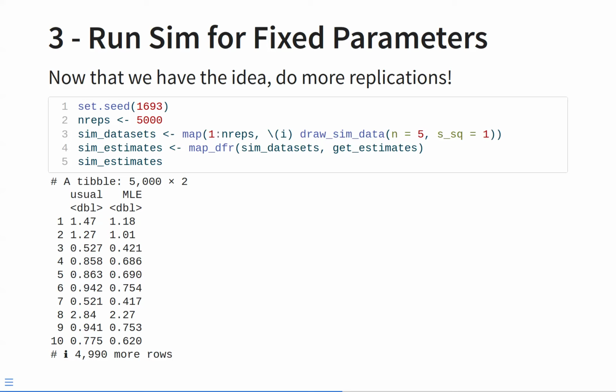So now I'm going to end up with another tibble, and it has 5,000 rows. It has a row for each of the simulation data sets, and it has 2 columns, one for each of the 2 estimators. So we have, in some sense, done a full version of the simulation study. However, we've only done it for fixed values of the parameters. So we've only done it for n is 5 and s squared is 1. So we might also like to do it for other values of the parameters. What happens if n is 3 or 7? What happens if s squared is 5? Well,